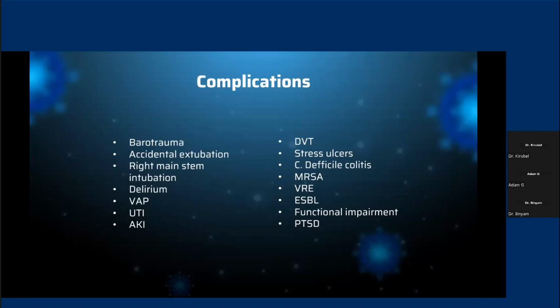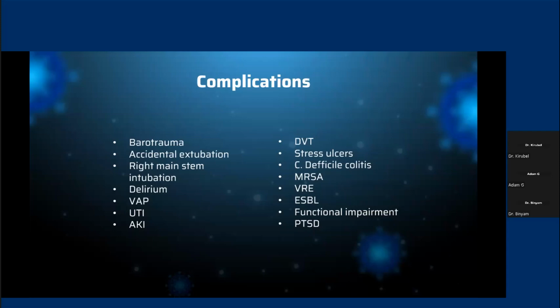DVT and stress ulcers: since these patients will be on the bed for a prolonged duration, they will develop DVT. So they should be on DVT prophylaxis, and also for ulcers. They will also develop ulcers in stress conditions, with prolonged mechanical ventilation issues. So they will have peptic ulcers, stress-induced ulcers,